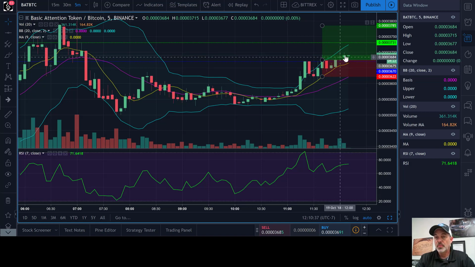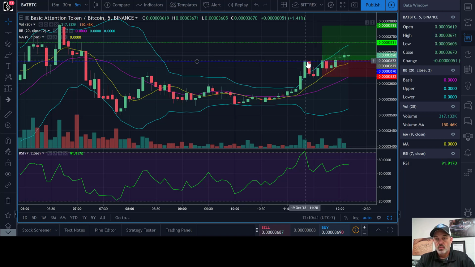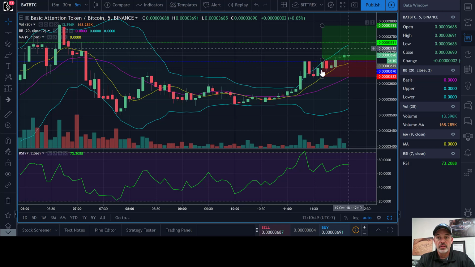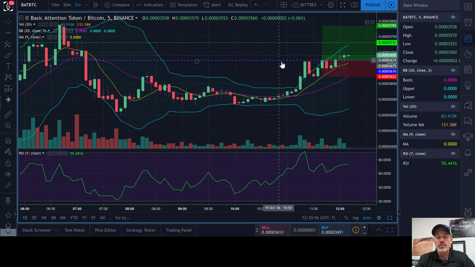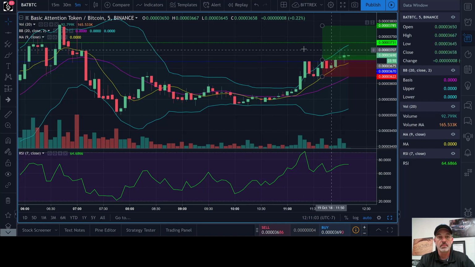And the last couple candles have closed above what we previously saw as resistance. So let's see if we can get some volume going on this candle and make a move up. We'd like to see one of these bigger candle moves upward. And we've got multiple screens, so if you see me looking in different directions, I'm looking at the different screens to see what's actually happening on a few other charts, a few other coins we're watching, and